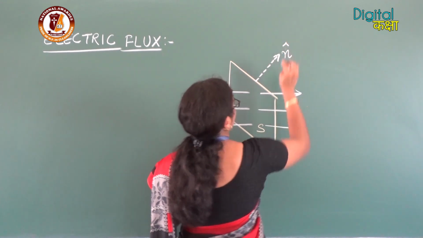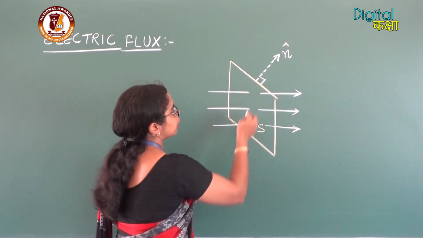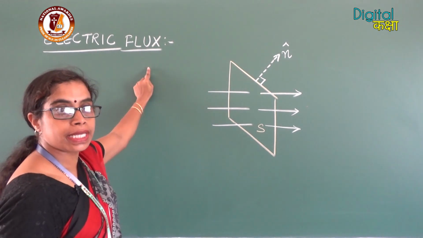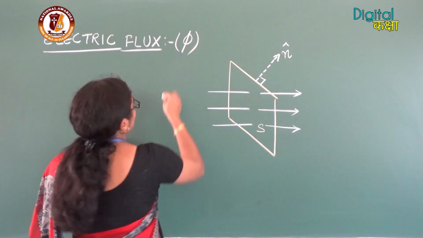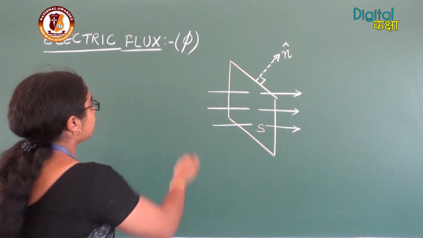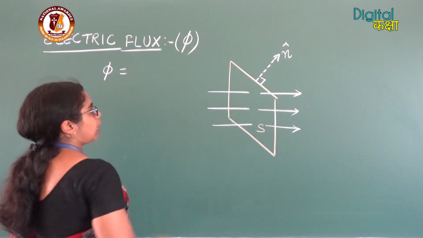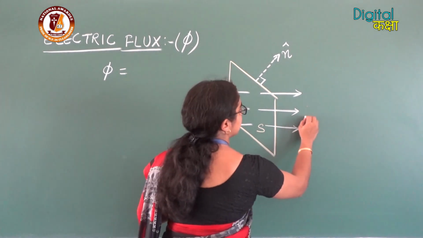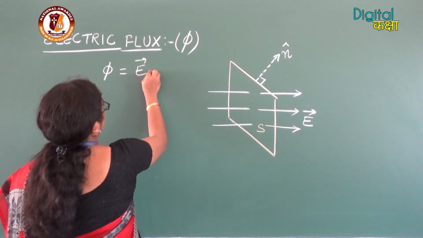Now, the utility of this normal vector is to be understood in the formula. The electric flux, this physical quantity, is represented by the symbol phi. And this value of phi mathematically is given as the dot product of the electric field and